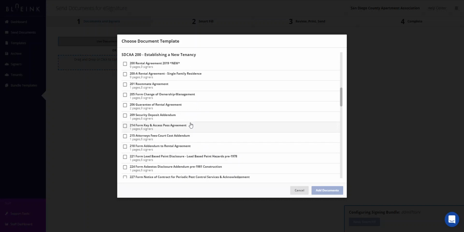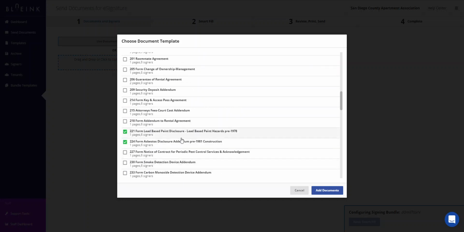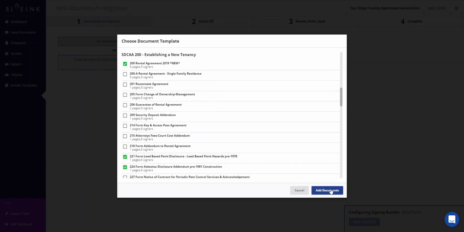With any forms that you need to send out, we're simply going to select the checkbox next to the documents you desire to send to your tenant for signature. And I'll go ahead and select 3 forms here. You can select as many as you need. I know there are quite a few addenda that you can choose from, so please feel free to select all that you need. And after you've done so, we're going to click the Add Documents button in the bottom right